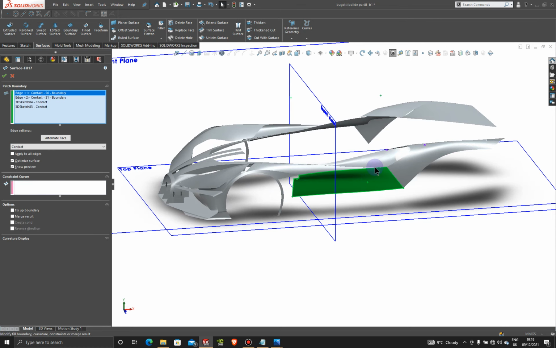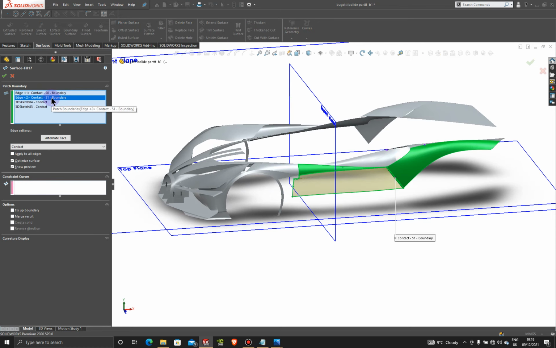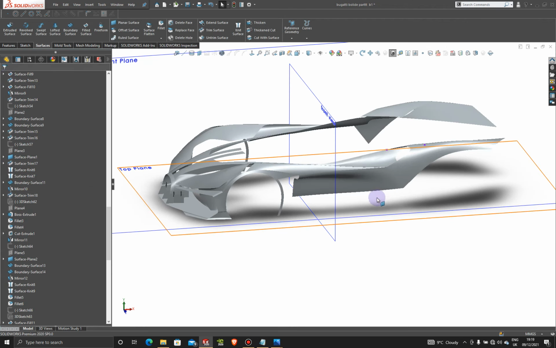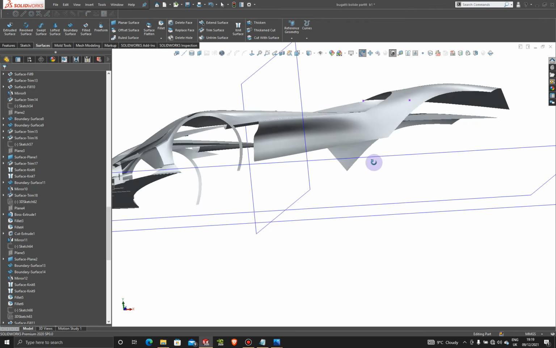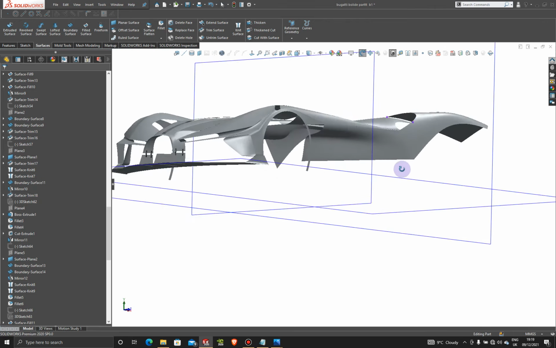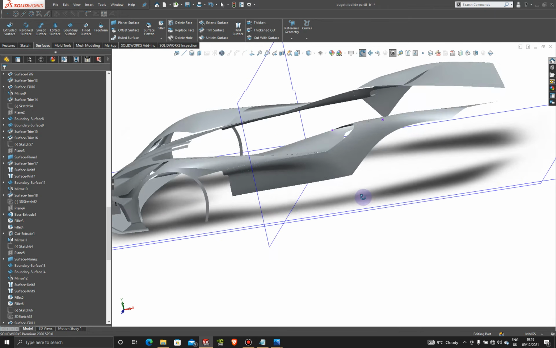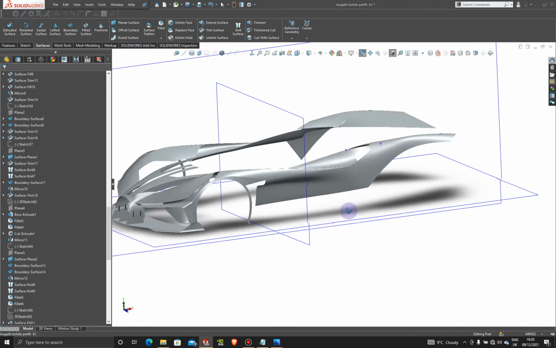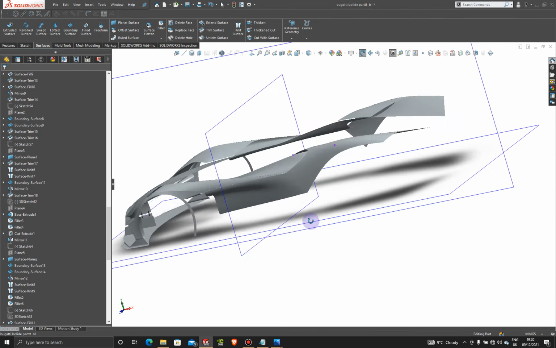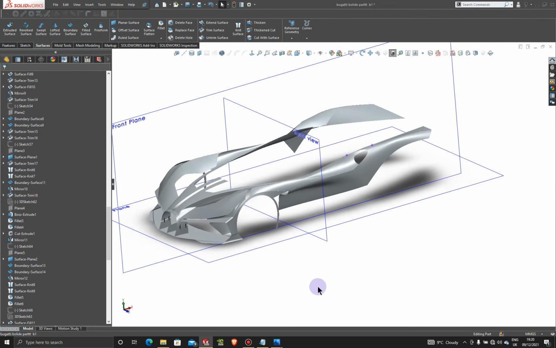Let's go back for a second, and then add tangency on that one. See what we got. So we added tangency on this one here. Okay, so we're going to leave